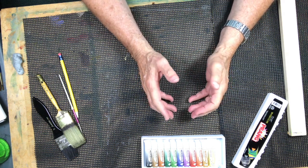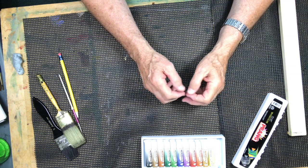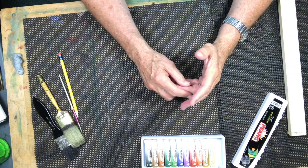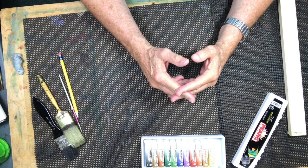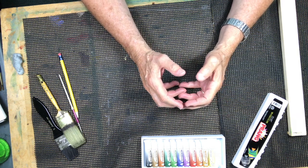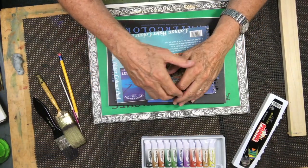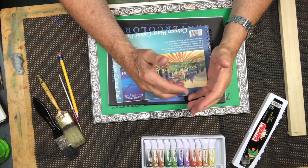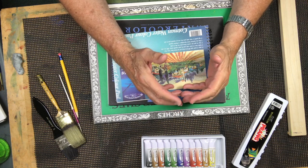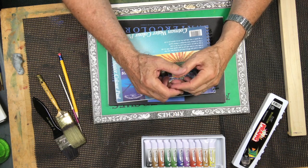It has to say watercolor on it. Probably about 140 weight paper. It comes in 90, 140, 300, and 400. Probably the student grade, more inexpensive paper will always be 90 or 140. 140 is a good weight paper to use. It'll be marked on the paper. Now, I really don't have too much inexpensive paper to show you, and I don't really want to encourage that, but I'm saying if you want to buy some of that just to practice your brush strokes and so forth, that's fine. Some people are intimidated by the good paper. It costs more, but